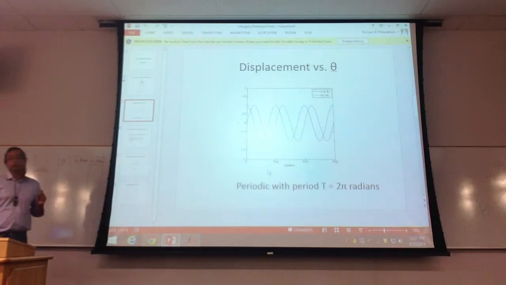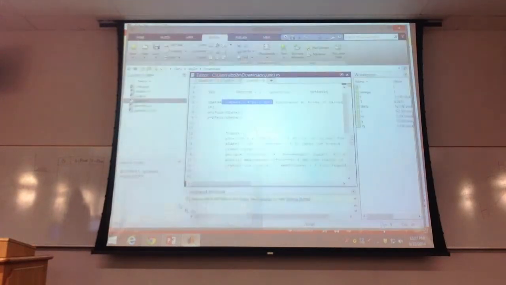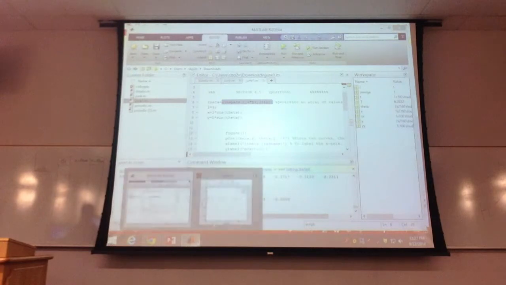And these two curves are periodic with a period 2 pi. And I'm going to show you how to change the tick marks from 0, 5, 10 to 2 pi, 4 pi, and 6 pi. Okay, so these are not in your notes or anything, and you have to follow me as I do this. All right, so you can go to your figure,